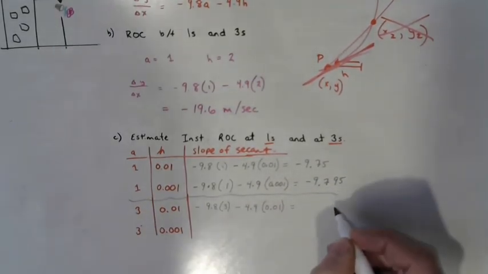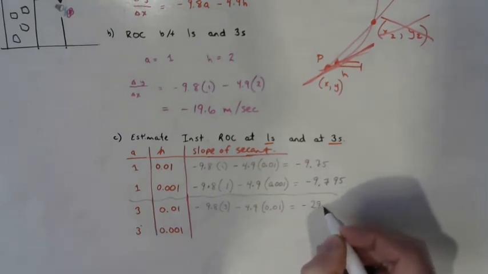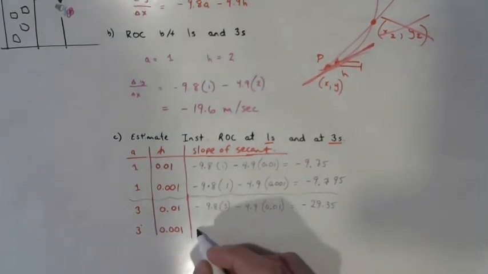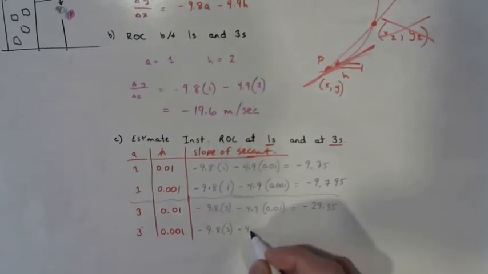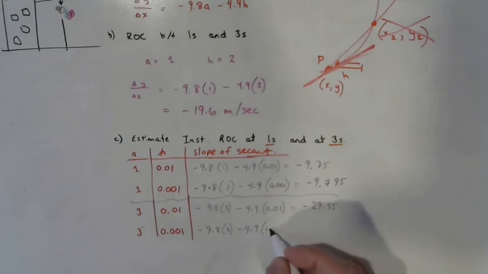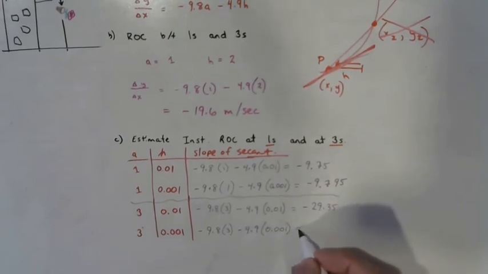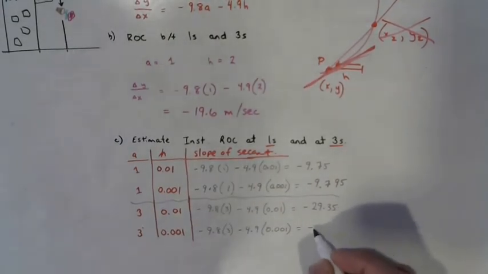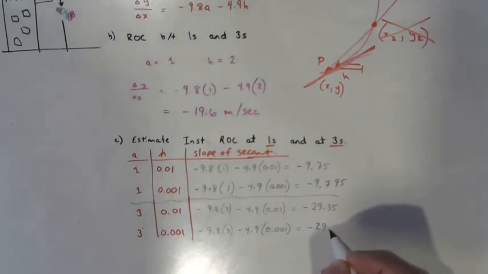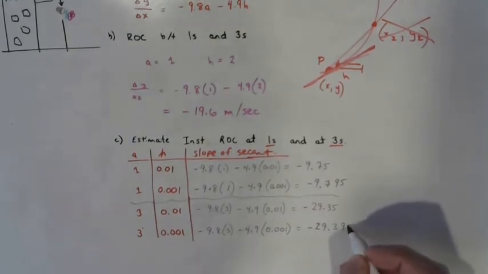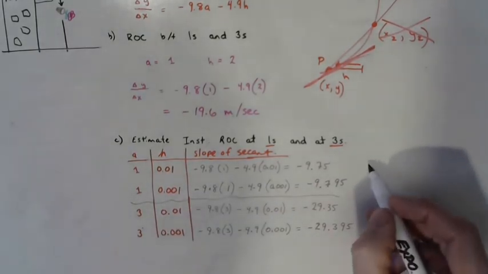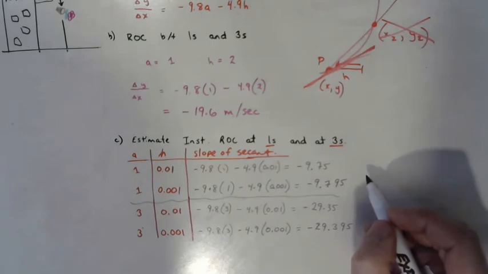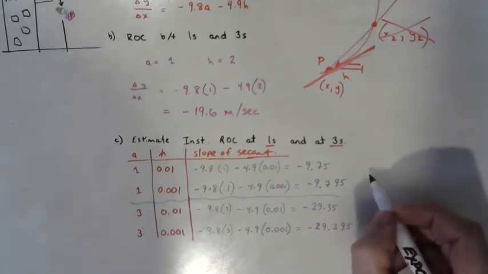And that comes out to negative 29.35. Again, negative 9.8 times 3 minus 4.9 this time times 0.001. And that comes out as negative 29.395. And so we can see that it appears that the slope of the secant at 1 second is approaching